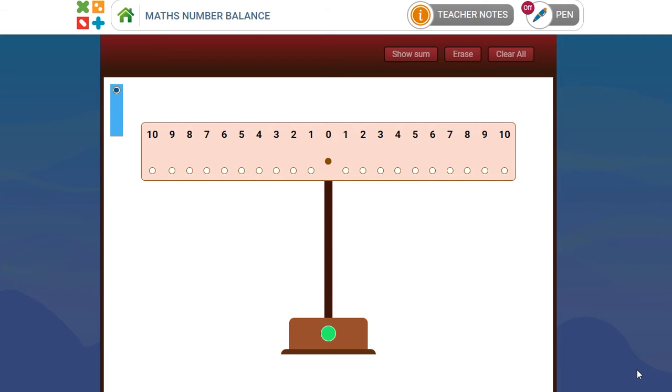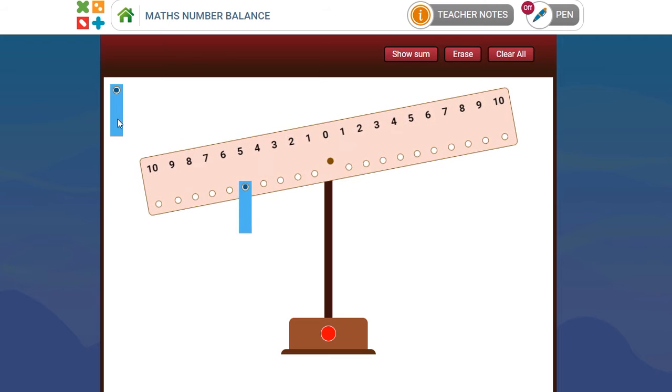Here we have the Maths number balance from the Toolkit for Math. The Maths number balance is an apparatus for visualizing simple mathematical equations and number relationships. So for example, we can say that 5 and 4